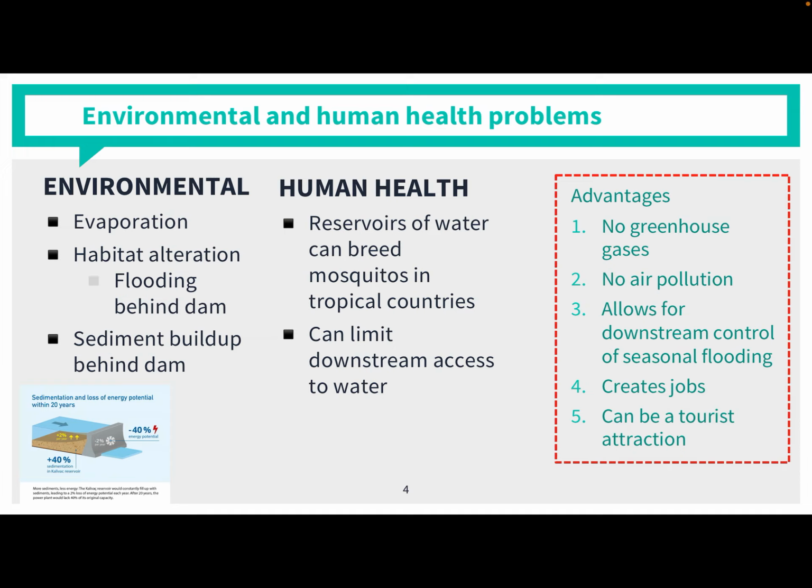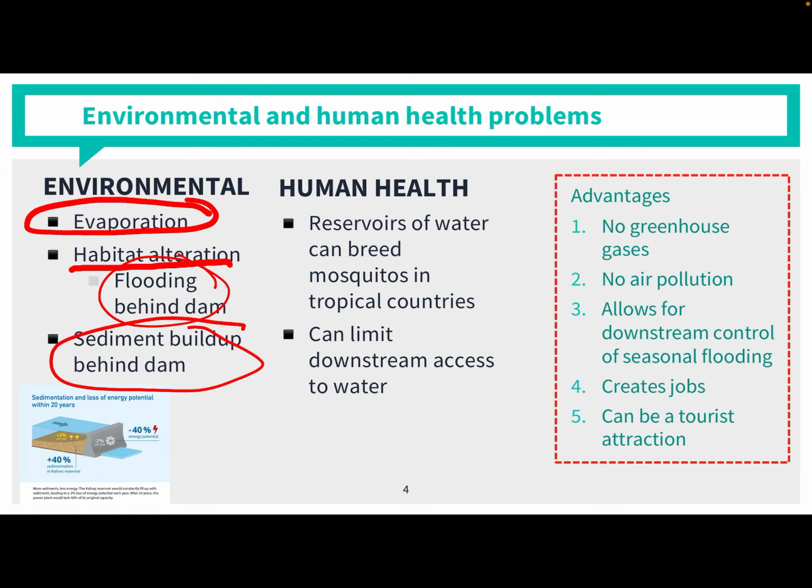Environmental issues associated with hydroelectric dams are evaporation of the water, alterations of habitats, both after and before the dam, flooding behind the dam, and sediment buildup over time. Human health. So these reservoirs, there's not a lot. The reservoirs can breed mosquitoes in tropical countries. Some places make dams for hydroelectric that can also limit the access to water downstream, but overall, not a lot